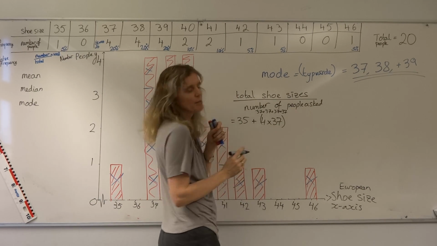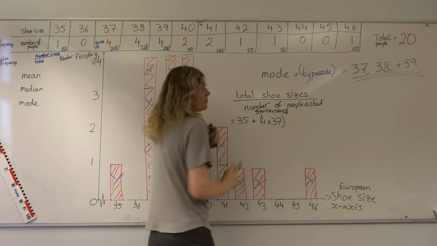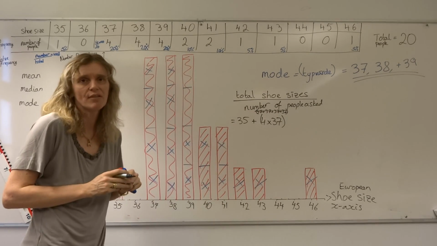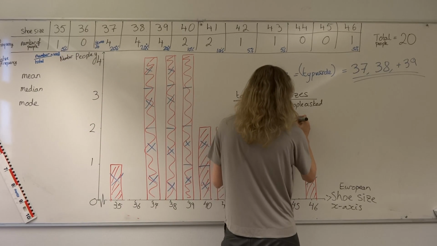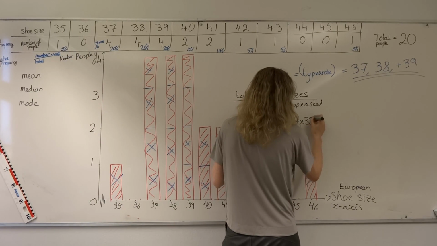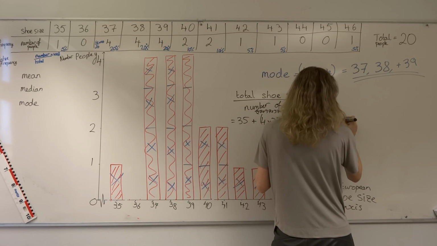But mathematicians are a bit lazy, so we don't bother doing that. Of course, it's much easier to write 4 times 37 instead of 37 added 4 times. Plus 4 times 38 plus 4 times 39